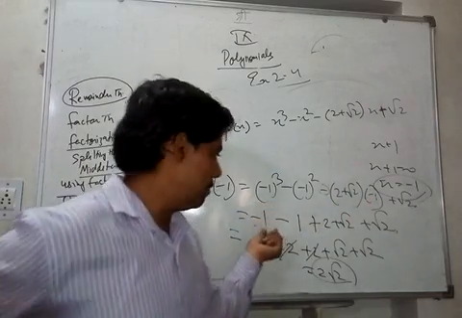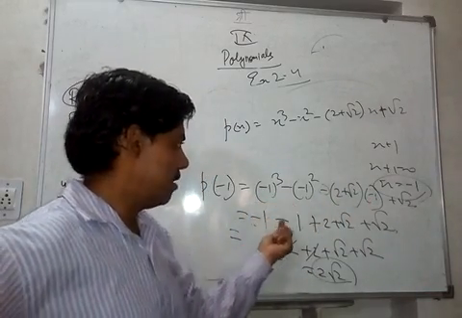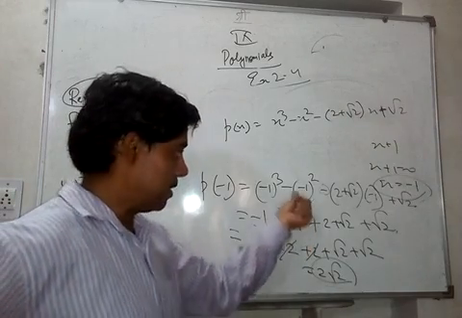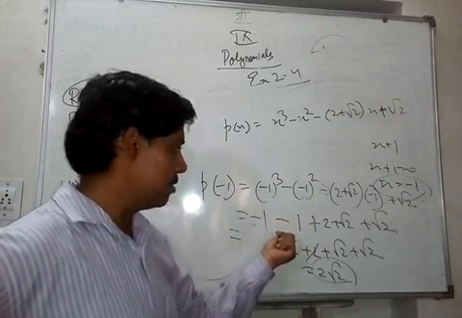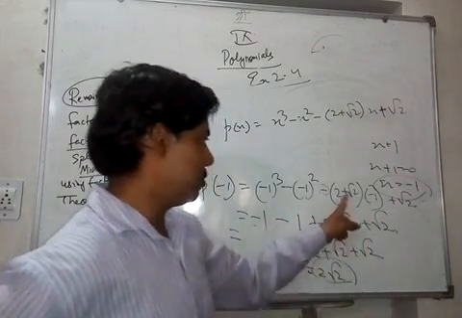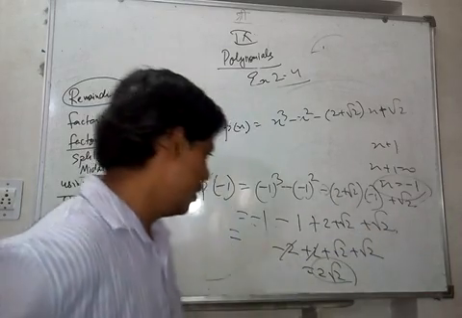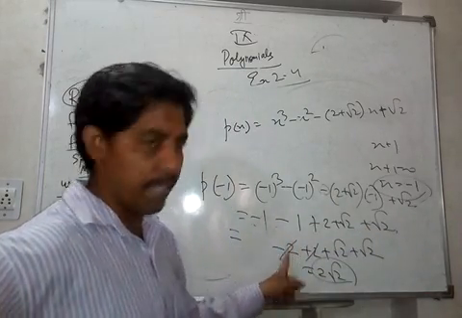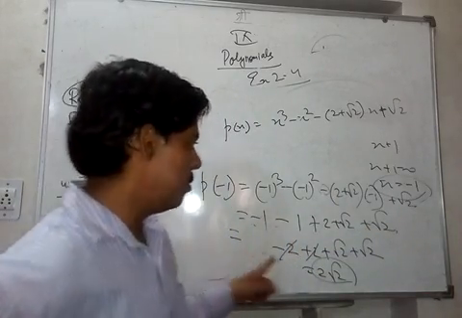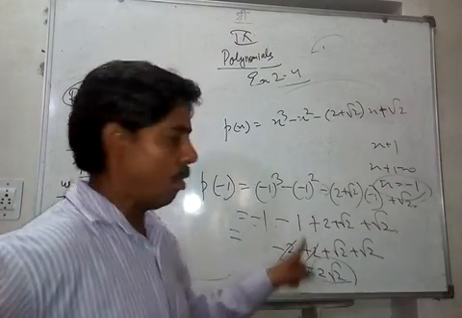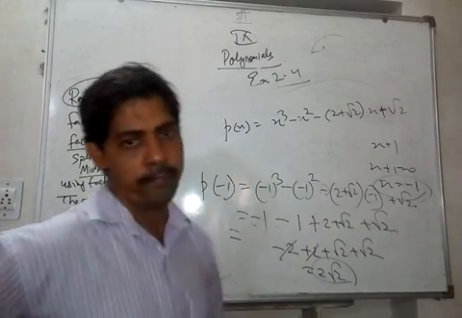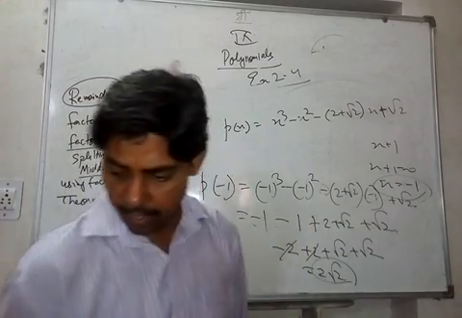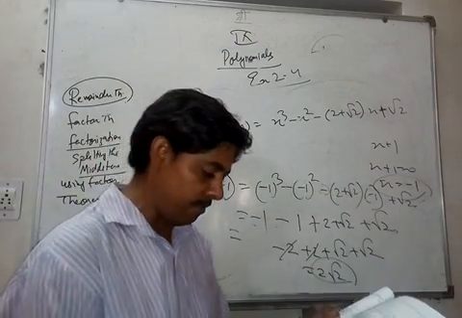So minus 1 cube is minus 1, here minus 1 square is 1, but there is a minus sign before that also. This is minus minus plus, so 2 plus root 2 plus root 2. So minus 1 minus 2 is minus 2, and minus 2 plus 2 is 0, root 2 plus root 2 is 2 root 2. So this way you have to do some questions of 2.4 also today.